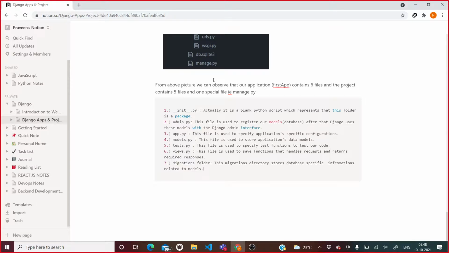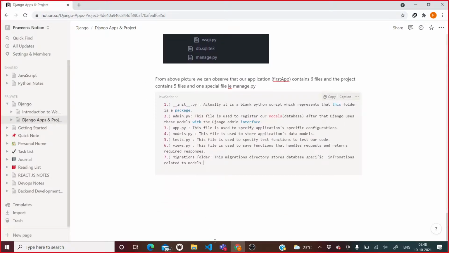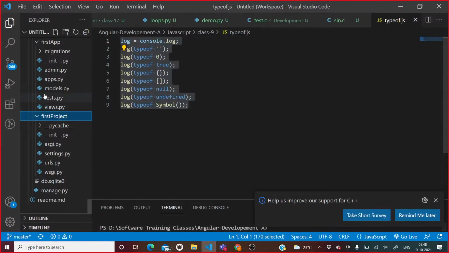Whatever models you make, that information is stored in this migrations folder.